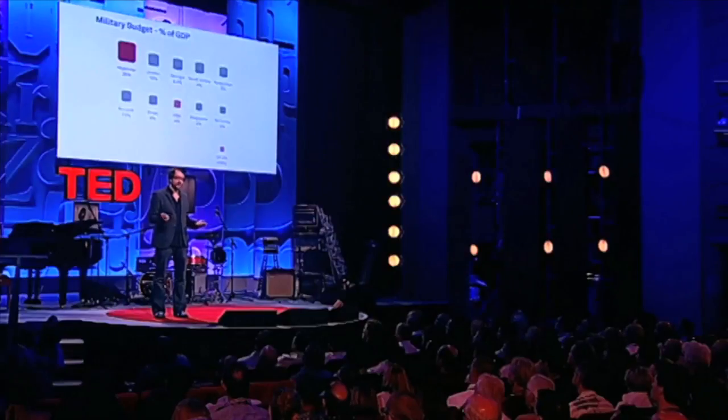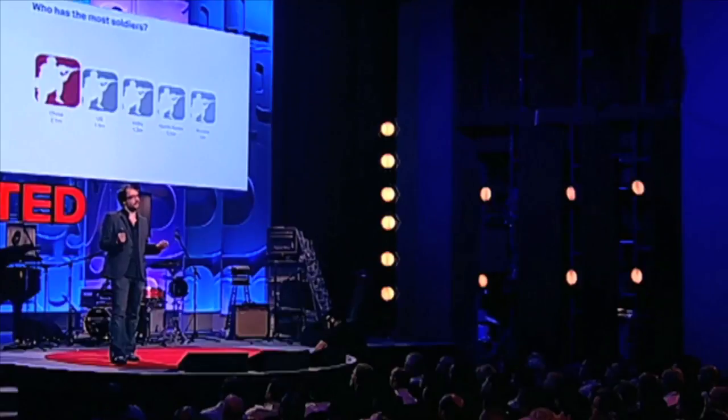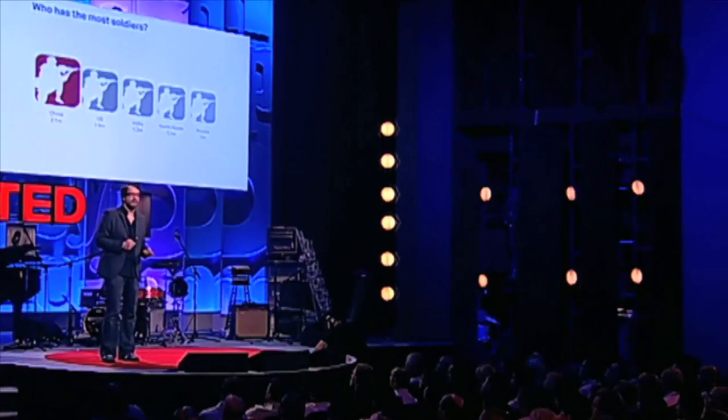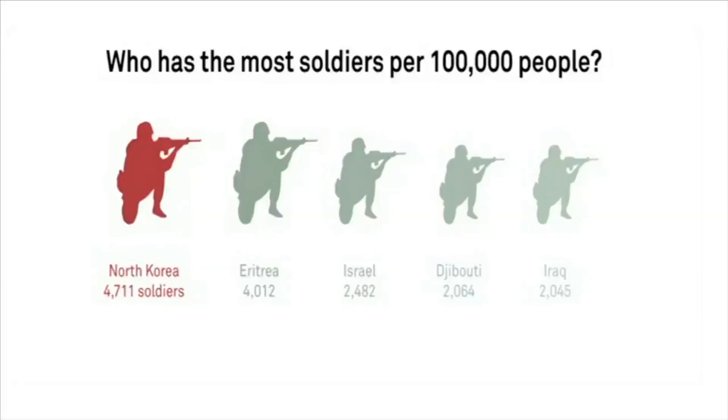Now, you can also do this with soldiers. Who has the most soldiers? It's got to be China, of course, 2.1 million. Again, chiming with your view that China has a militarized regime ready to mobilize its enormous forces. But of course, China has an enormous population. So if we do the same, we see a radically different picture. China drops to 124th. It actually has a tiny army when you take other data into consideration.